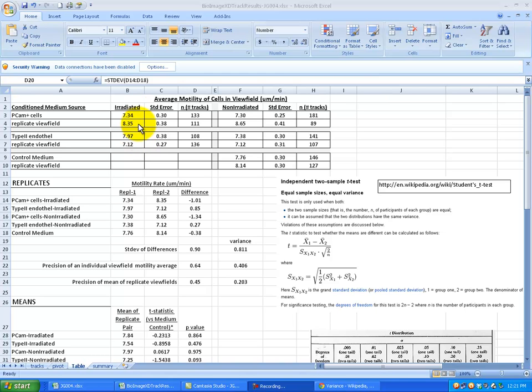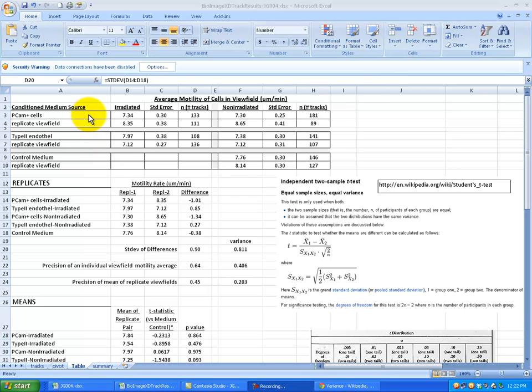And so even though we obtain a standard error for the number of tracks that are included in the average for a given view field, we really need to look at the variance between view fields as a basis for comparing between treatments. And so one approach to estimating the variance between view fields is to acquire replicate view fields within each treatment